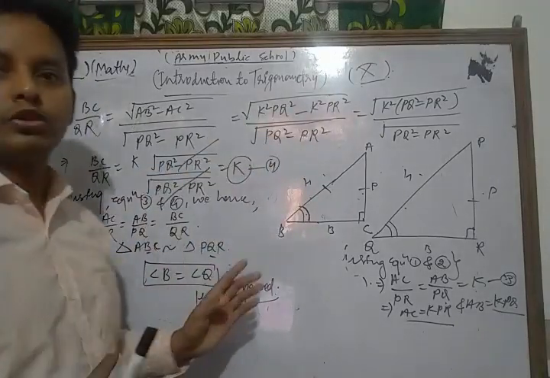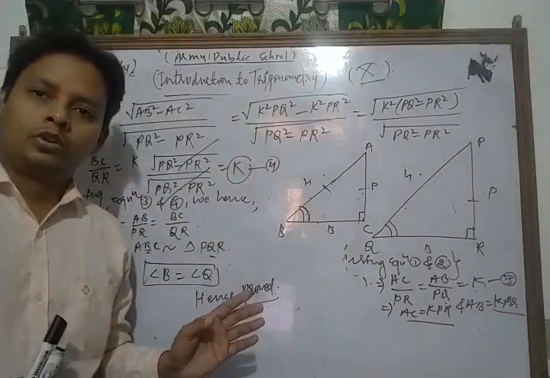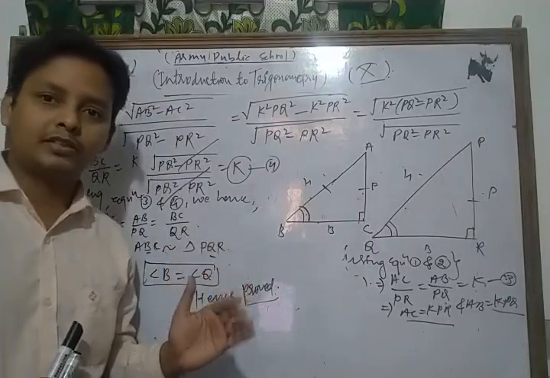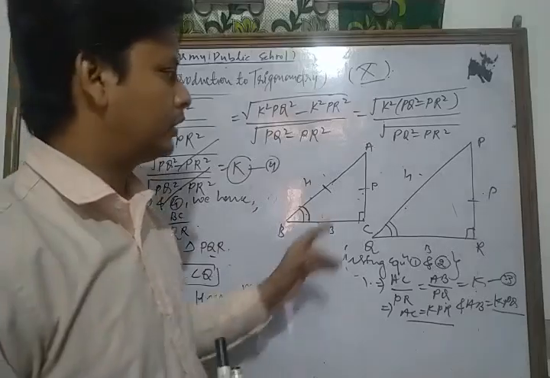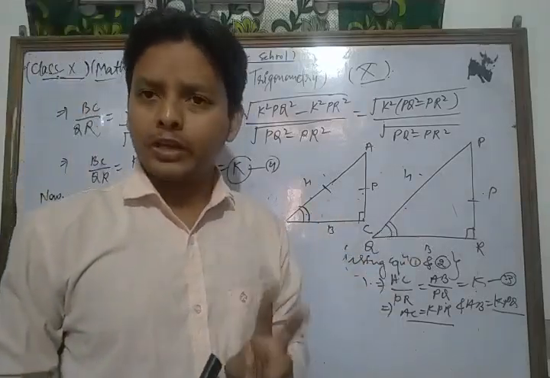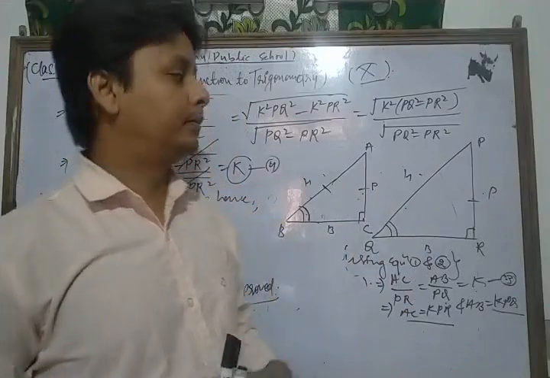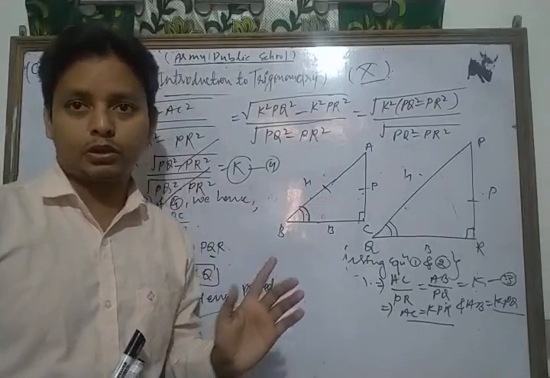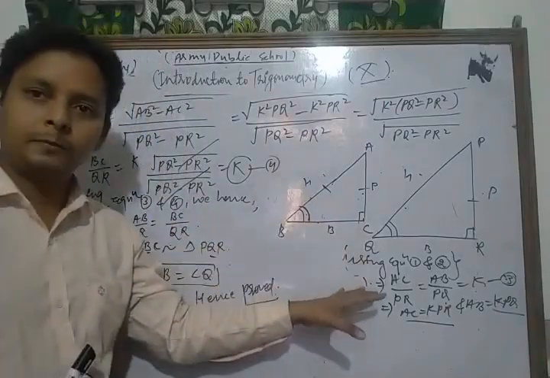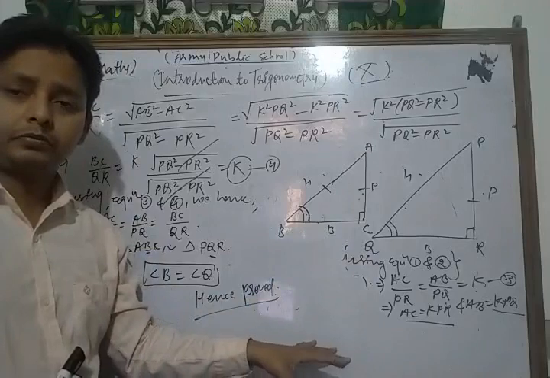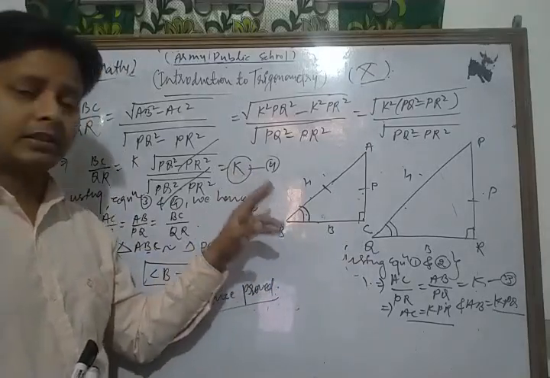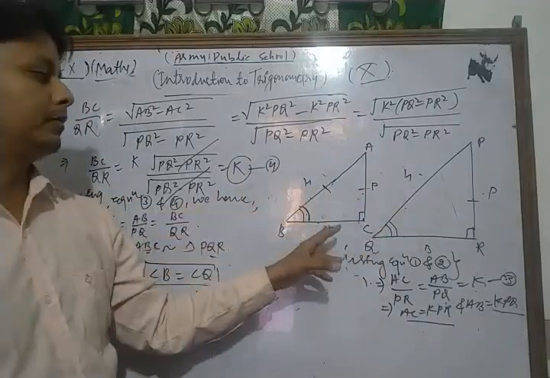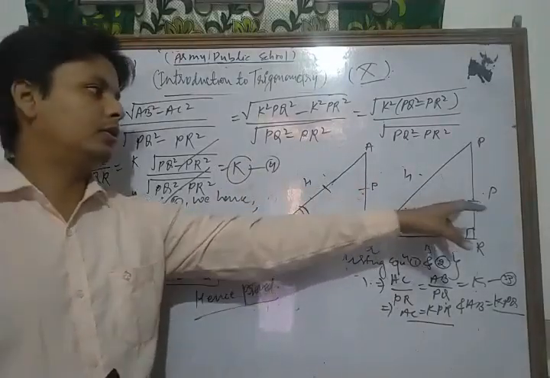Dear student, this is one of the most important questions of your syllabus. So please do more and more practice of this type of question. Let's see once more the concept of similarity. Two triangles are said to be similar to each other if their corresponding sides are proportional and their corresponding angles are also equal. So in that question we have to show that their corresponding sides are proportional, meaning AB upon PQ, BC upon QR, and AC upon PR.